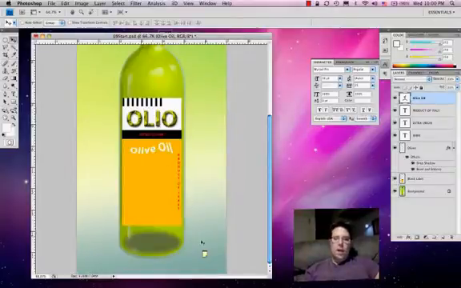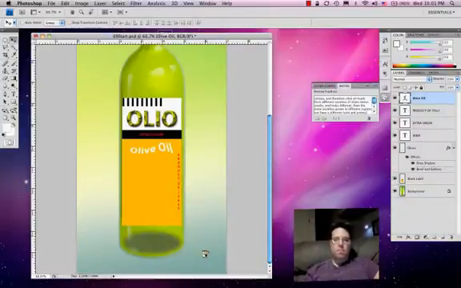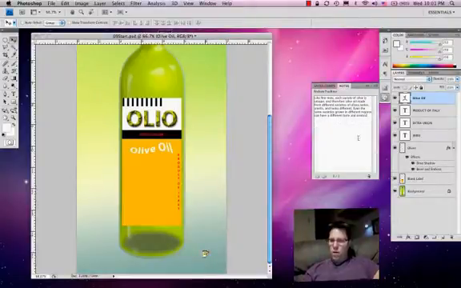So down here is a little sticky tab, and it's annoying. This is a message, say, from somebody else who was working on the project with you as to what the information on the wine bottle label, or sorry, olive oil label should be. If I double click it, it looks pretty slick in CS4. Like fine wine, each variety of olive is unique, and so on and so forth, selling the product. All you're expected to do here is highlight this, hold down Apple C or Command C, copy it,